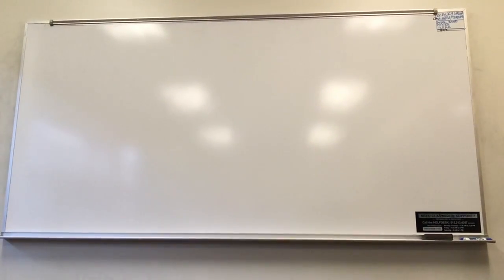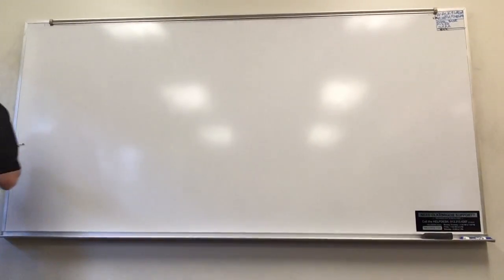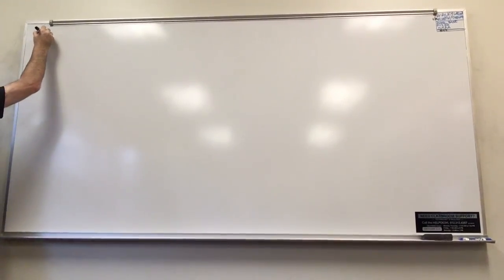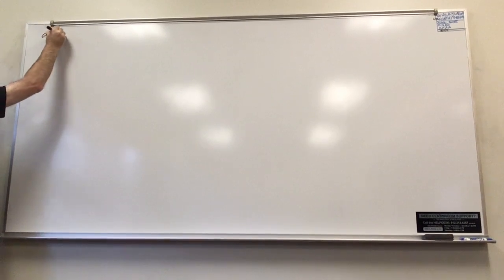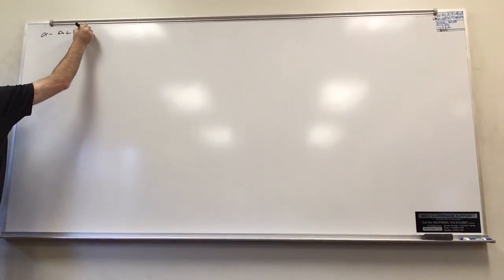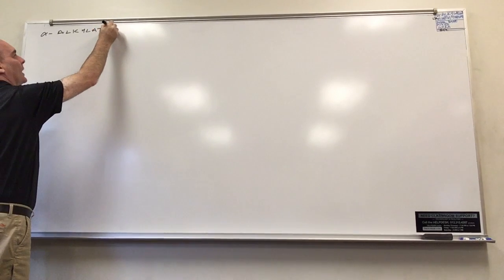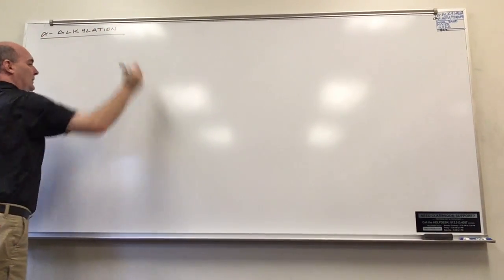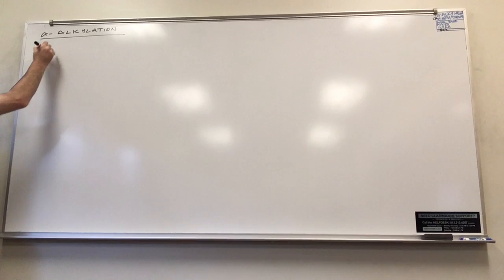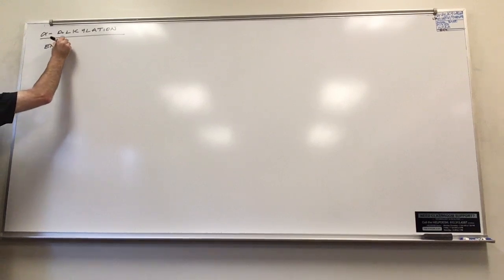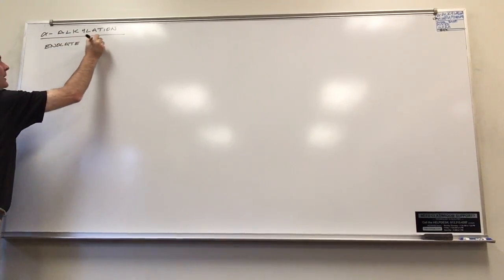Okay, let's continue the concept of reacting enolate centers with electrophiles, and let's add a new carbon-carbon bond. So we're going to do some alpha alkylations. This will be an enolate plus